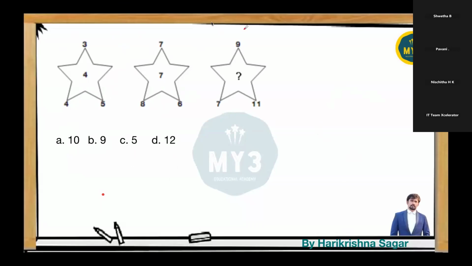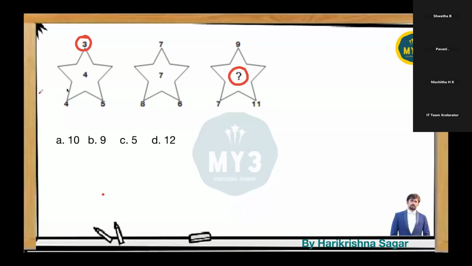So in all number puzzles, there is no specific pattern. You have to observe the pattern. You have to realize that. That is what problem solving ability is. Last question I already explained, Swati: sum of the numbers and difference of the numbers. So they are asking you to find the question mark value. Utilize these numbers and figure out what the question mark value is.